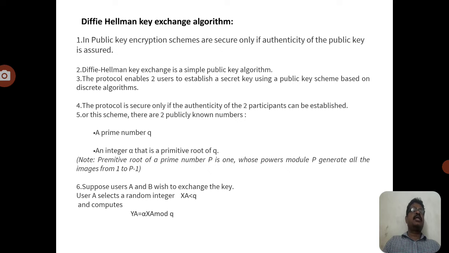Now coming to the Diffie-Hellman key exchange algorithm. The statement of this algorithm is that two users can exchange a secret key securely. That means two users can generate a secret key with the help of the public key and the private key. These two keys are interrelated, in the sense that one key is related to the other key. You can observe in this algorithm how the two users generate a common secret key.